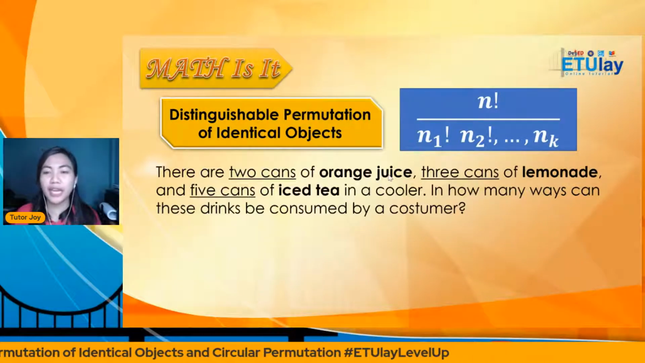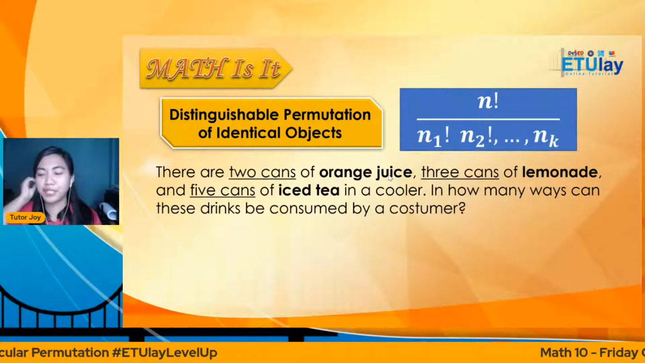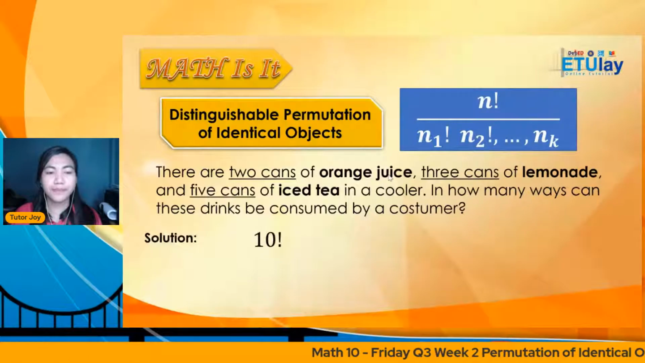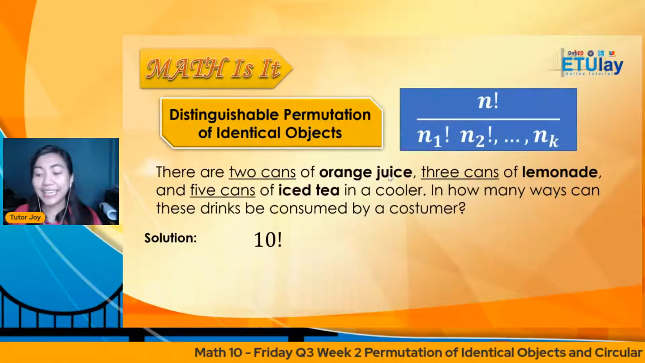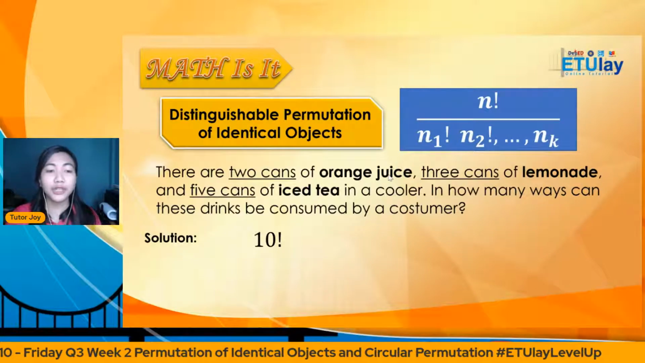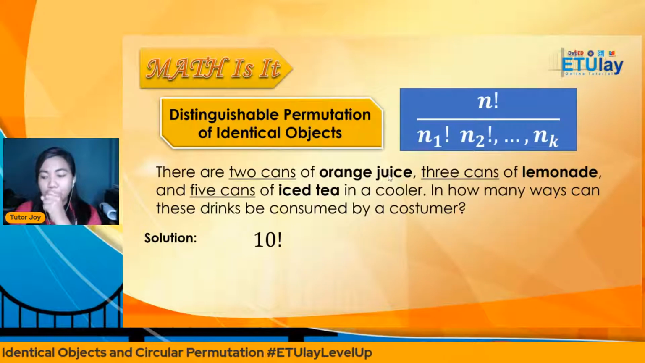So how can we form our working equation for this problem? So first step is to get 10 factorial. Solve for 10 factorial. Saan nanggaling yon? Yung 10 drinks na meron tayo all in all. And then we are going to divide it by